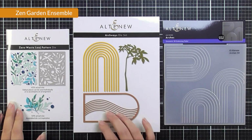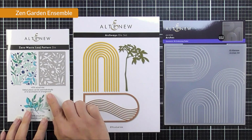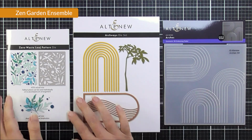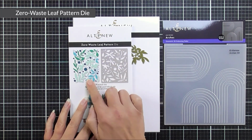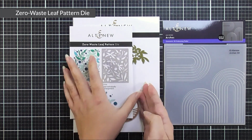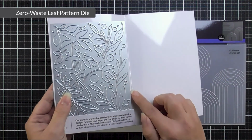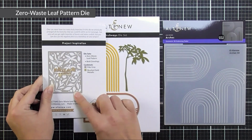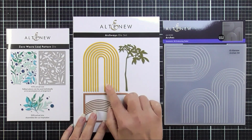Our first ensemble is the Zen Garden. In here we have a die set, a cover die, and also a 3D embossing folder. So first up we have the cover die, which is the zero waste leaf pattern die. This is 4 1/4 by 5 1/2, so it will perfectly cover the front of an A2 card base. And also with all of those little negative pieces, you're going to have lots of little leaves to use on